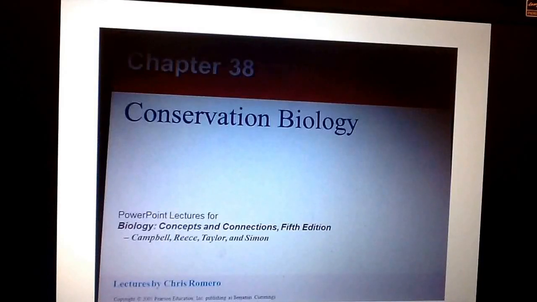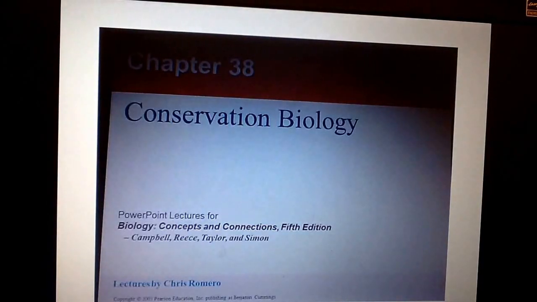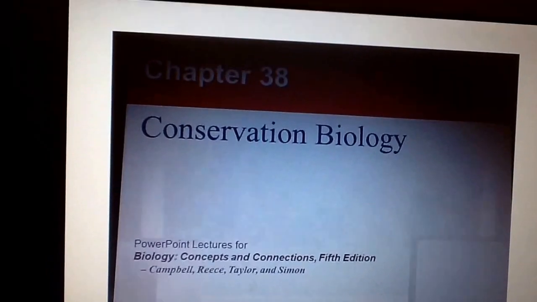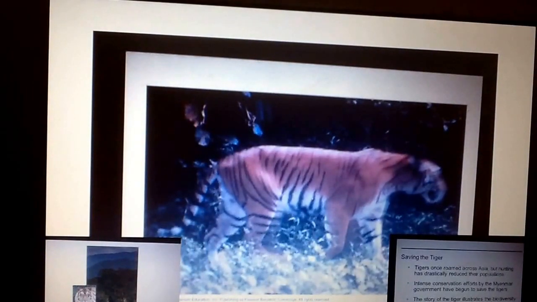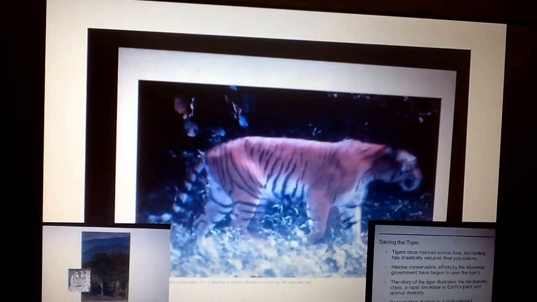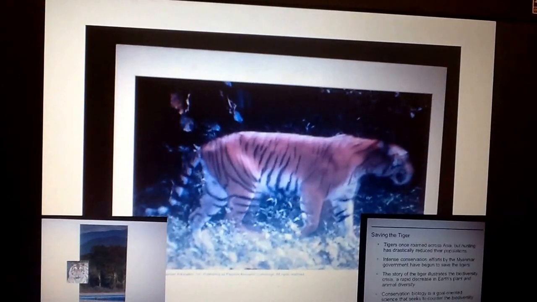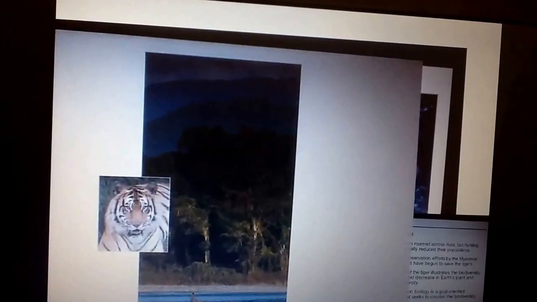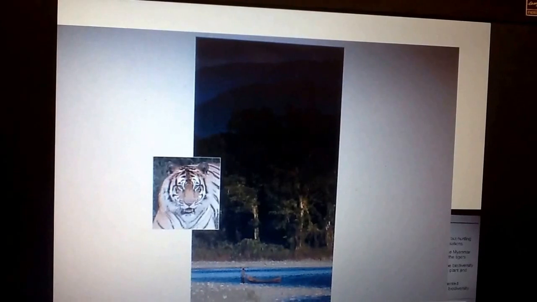This is AP Biology, Chapter 38. We're doing a discussion on conservation biology. Often when we think of conservation biology, we think of the big endangered animals like elephants and tigers. One of the things about the tiger is that the tiger has become a victim of contact with humans,